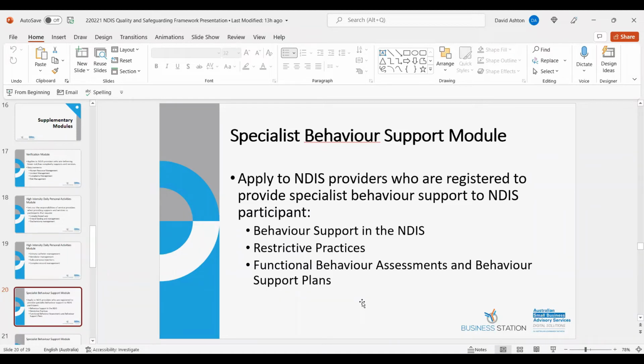So all behaviour support practitioners have been assessed as suitable to deliver the services. So again, this is your recruitment and selection process. They undertake ongoing professional development to remain current in their ability to provide these services. The supervisors have suitable skills and experience, and you must look at demonstrated commitment to reducing and eliminating restrictive practices.